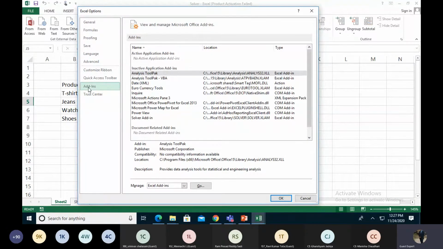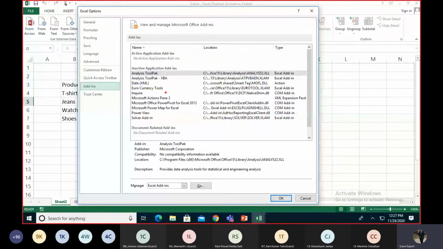In these add-ins, there are all the Microsoft add-ins over here. There are a lot of add-ins, and we have to see the solver add-in.